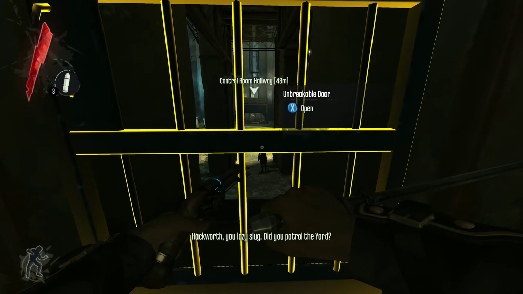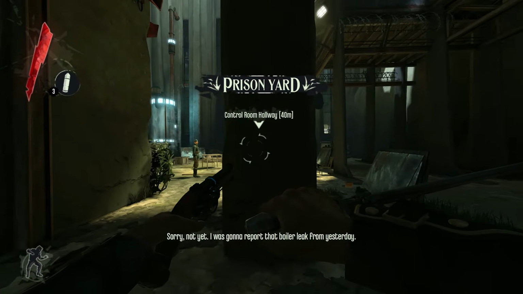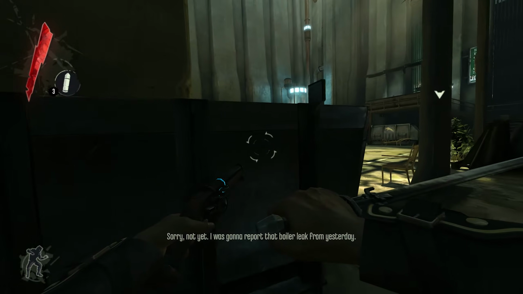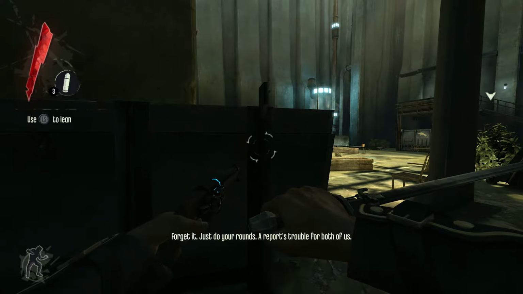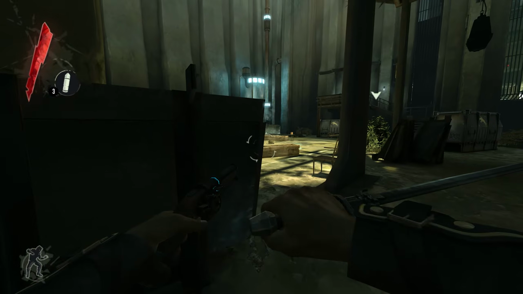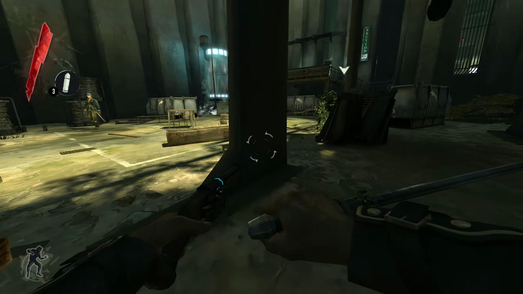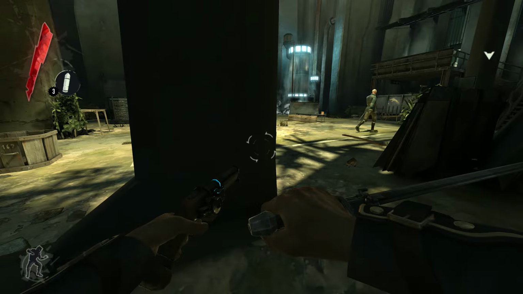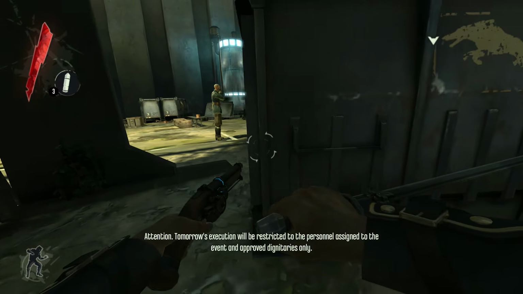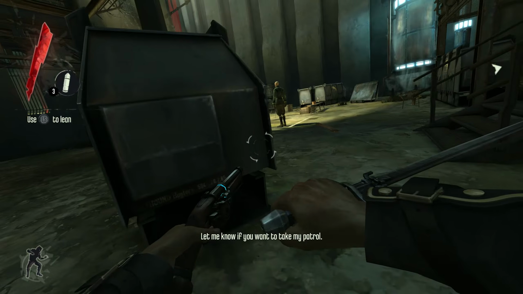Now, this can get a little bit wonky with these guard patrol patterns. So, if you're having trouble, now might be a good time to save. But if you don't want to, or if you're trying to do it without saving, just peek around, watch these guys, and wait for this guy on the right to start moving back. Eventually, he'll move back all the way in the back, and when he does, you can sneak around the side of the dog crate,